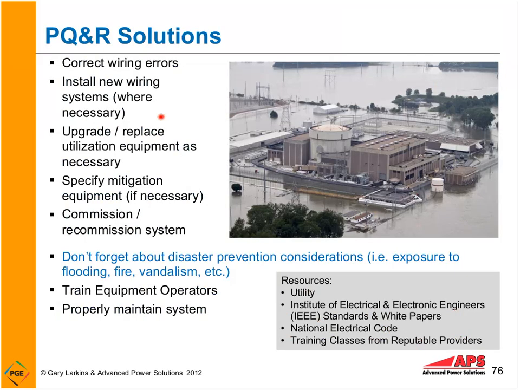So solutions: correct wiring errors, install new wiring systems, upgrade, replace utilization equipment, specify mitigation equipment if necessary, commission and recommission the system. And when you're looking, let's say you're going to install a backup generator, don't forget about disaster prevention issues. In other words, at one site, they put all their generation, all their distribution equipment on the second floor, but they put their fuel tank right down there on the ground floor, where when they had a flood, the fuel tank floated away. Okay, so these are all types of things you need to consider